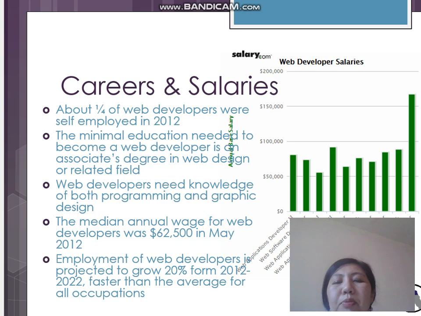About one fourth of web developers were self-employed in 2012. The minimal education needed to become a web developer is an associate's degree in web design or a related field. Web developers need knowledge of both programming and graphic design. The median annual wage for web developers was $62,500 in May 2012. Okay, in our years, it may be